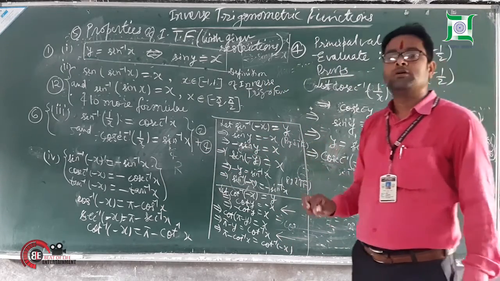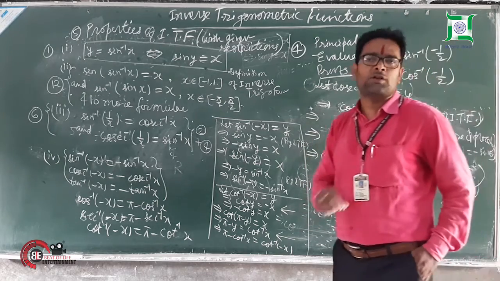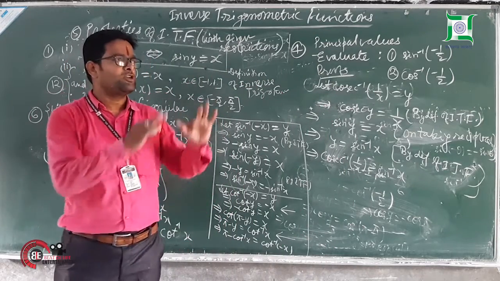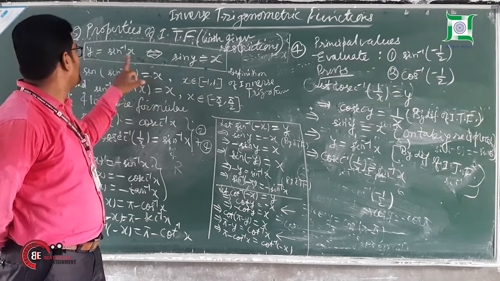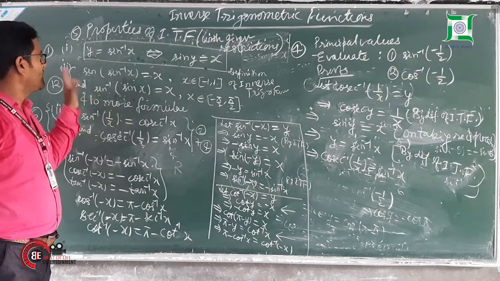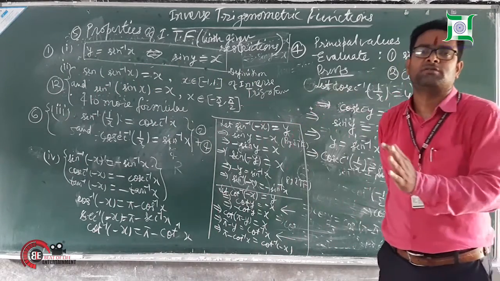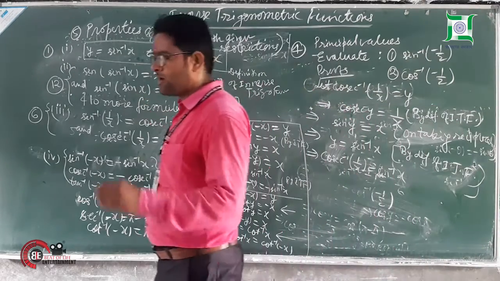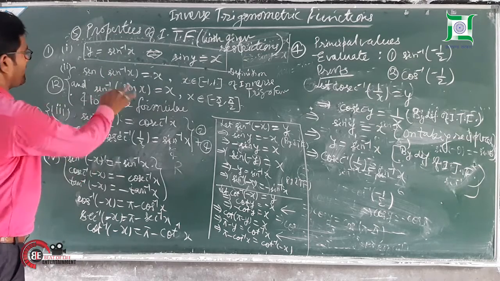We have to write that we are using here the definition of inverse trigonometric function. If you do not write it, it will not work, or your marks can be deducted if this type of question is asked and you have not written the reason. So this is the first property of inverse trigonometric function, and these are the second most important properties. A function of its inverse becomes the variable, and the inverse of that function of the variable becomes the variable. So these two formulae are worth using. Everywhere you will see you have to utilize both of these formulae.